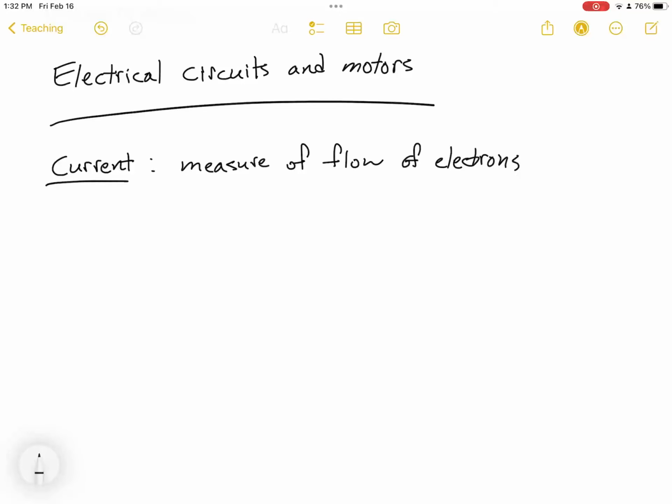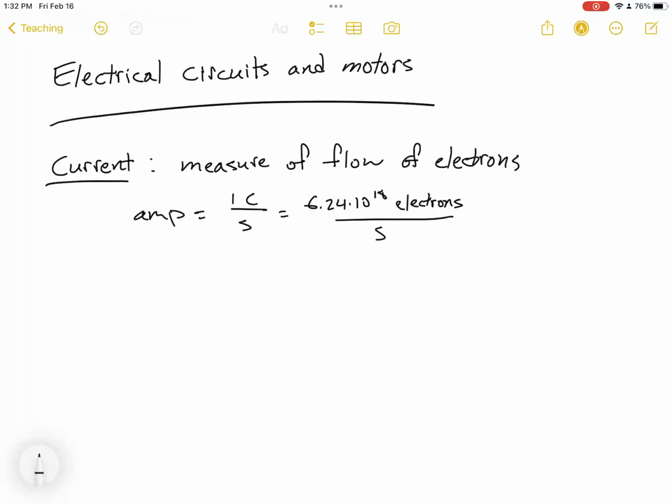It's measured in amps, and an amp is 1 coulomb per second. A coulomb is really just a number of electrons. It's approximately 6.24 times 10 to the 18th electrons